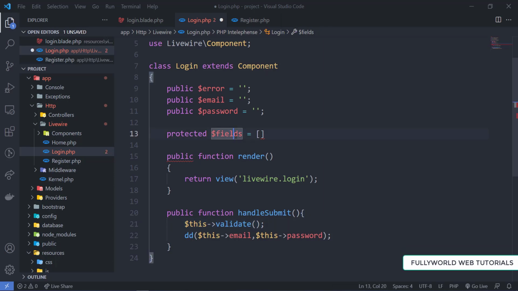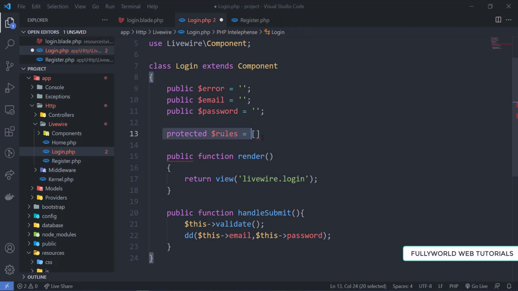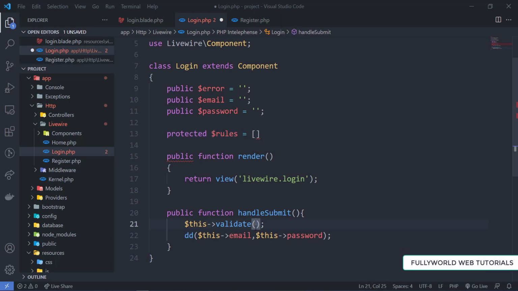So here will be rules, and here we will define all our rules. And the second method is that instead of this you can define the rules in the array here. But we are going to do it with this first method, and we are going to define the protected rules here.